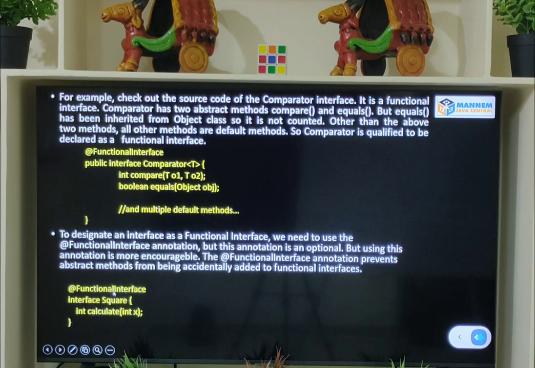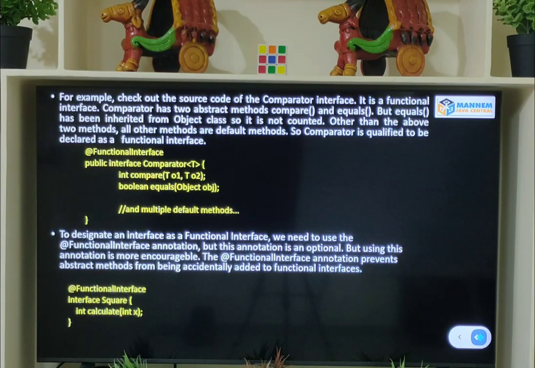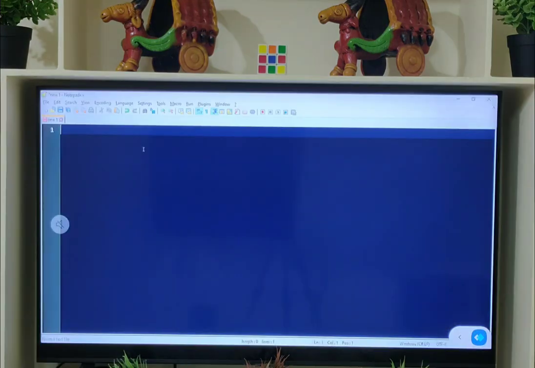Why am I suggesting to use this annotation? See this code snippet and the situation. After seeing the situation, you will accept that using @FunctionalInterface is better. I have one interface, Square.